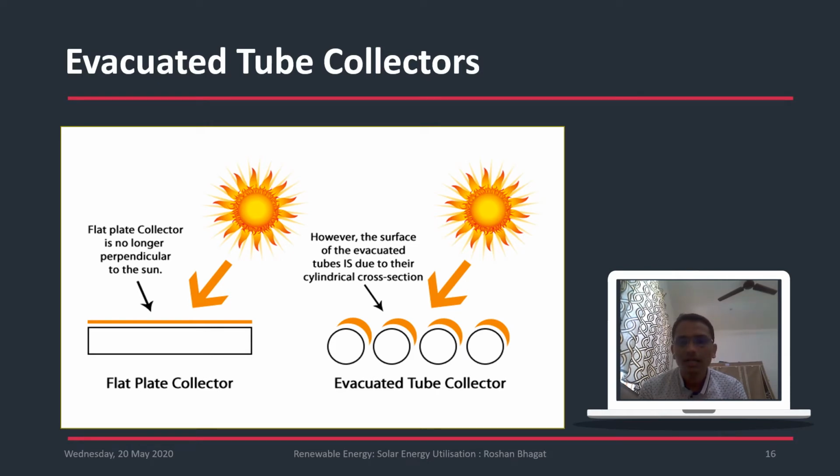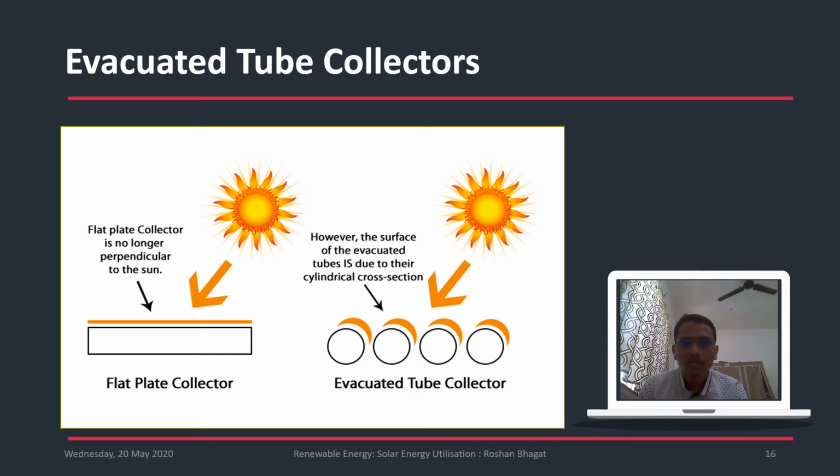In the case of a flat plate collector, the solar radiation is not normal to the surface every time throughout the day. It is normal to the surface only in the afternoon, not in the morning or evening. This was one of the disadvantages of a flat plate collector. In the case of a concentrating collector, you always need to have some tracking of the sun. That is one of the disadvantages of a concentrating type of collector. You also always need to maintain the highly reflecting surfaces. The drawbacks of these earlier methods are eliminated with the help of an evacuated tube type of collector.